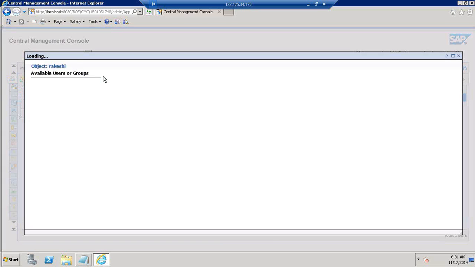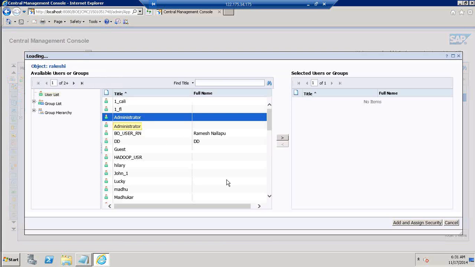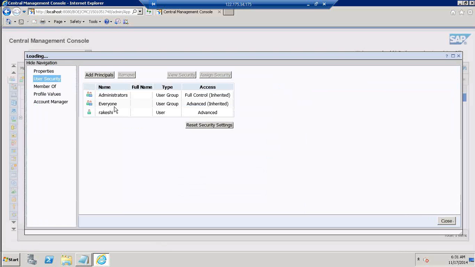Is that an administrator, or a normal user level administration? You can map some users' authentications to you, or you can map a particular group authentication to you. You can just add it to the right-hand side and say add and assign, and once you do that,